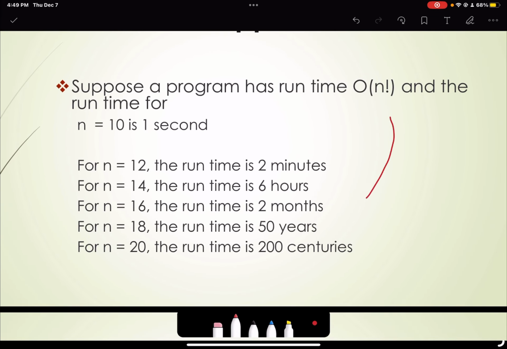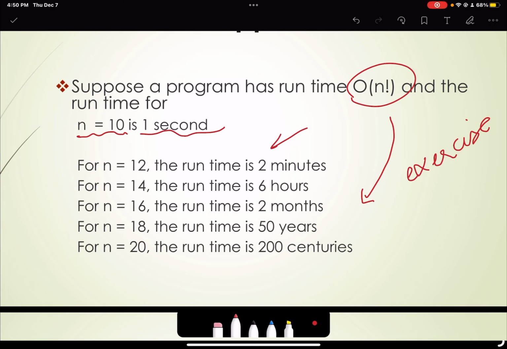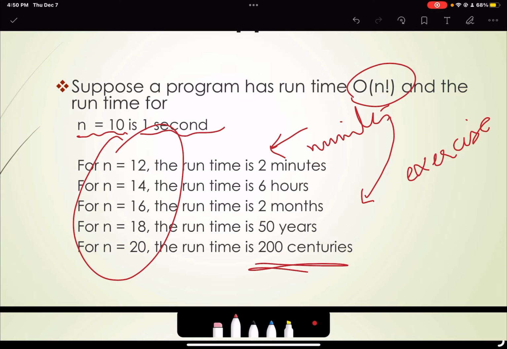So here is an example. I will give it as an exercise. Runtime is n factorial, and if n is 10 it requires 1 second, so how many minutes are required to run your algorithm if we are given the size of the input? So look at the complexity,